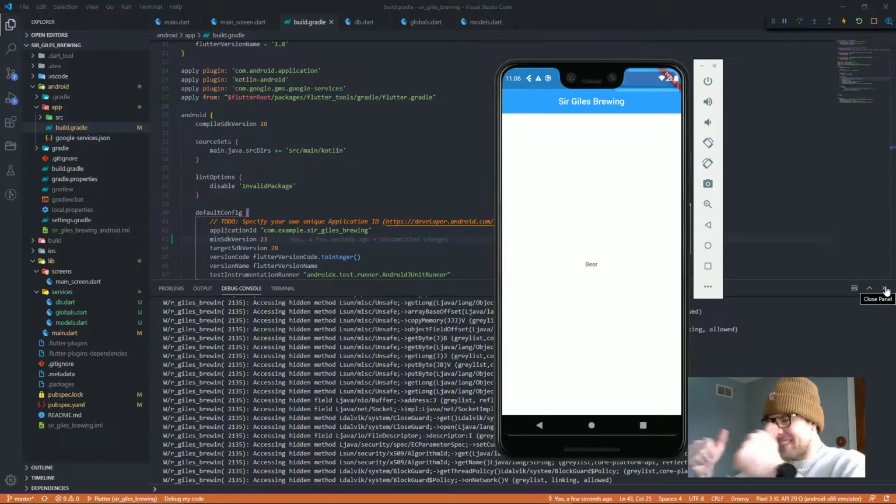Cool, now we've done everything that we need to start making the app. We've done all the groundwork. We've planted our flowers. Now it's time to water. But first, let's make sure this app even runs. I could have done some stuff wrong. Let's check it out. Boom. Beer, dude. Cool, that works.